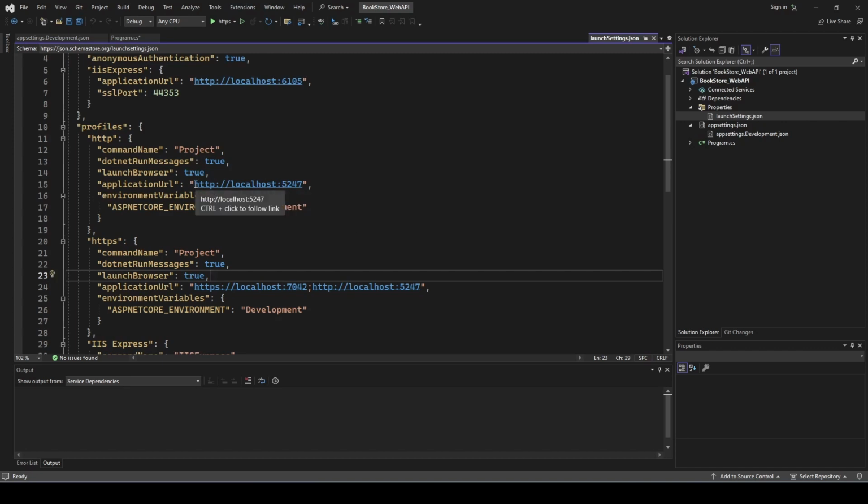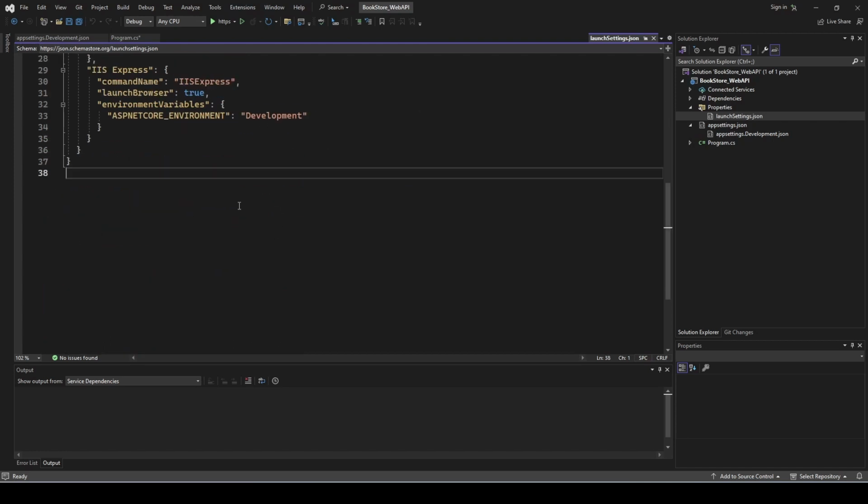For instance, once we create our API, we could call /books. So this would be a valid URI: HTTP is your protocol, this is your domain, which is localhost, along with the port, and that's the resource we would be requesting,